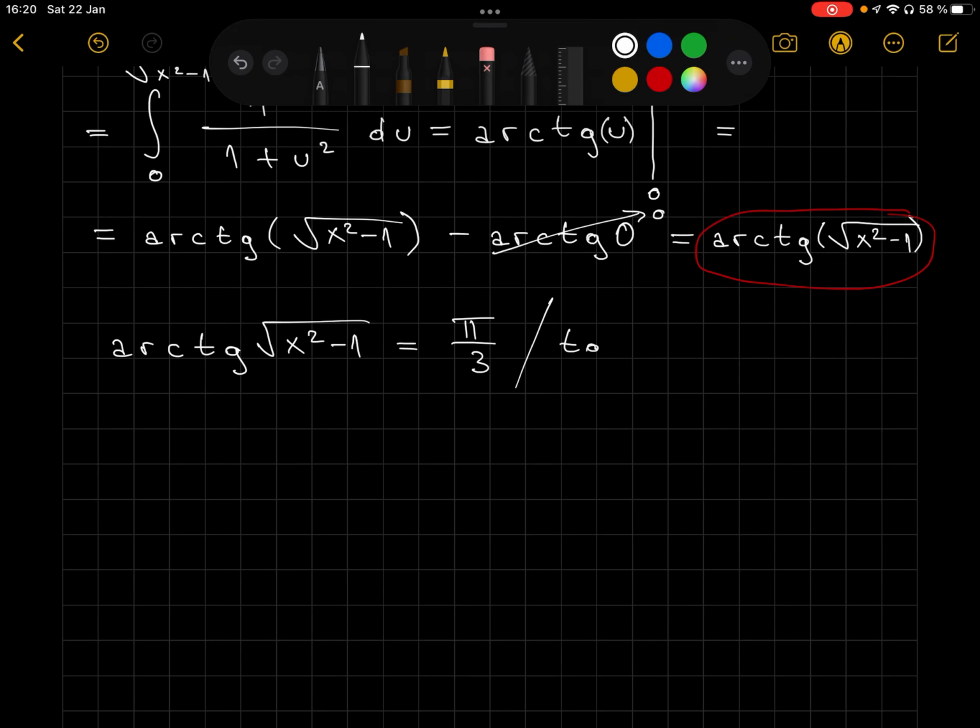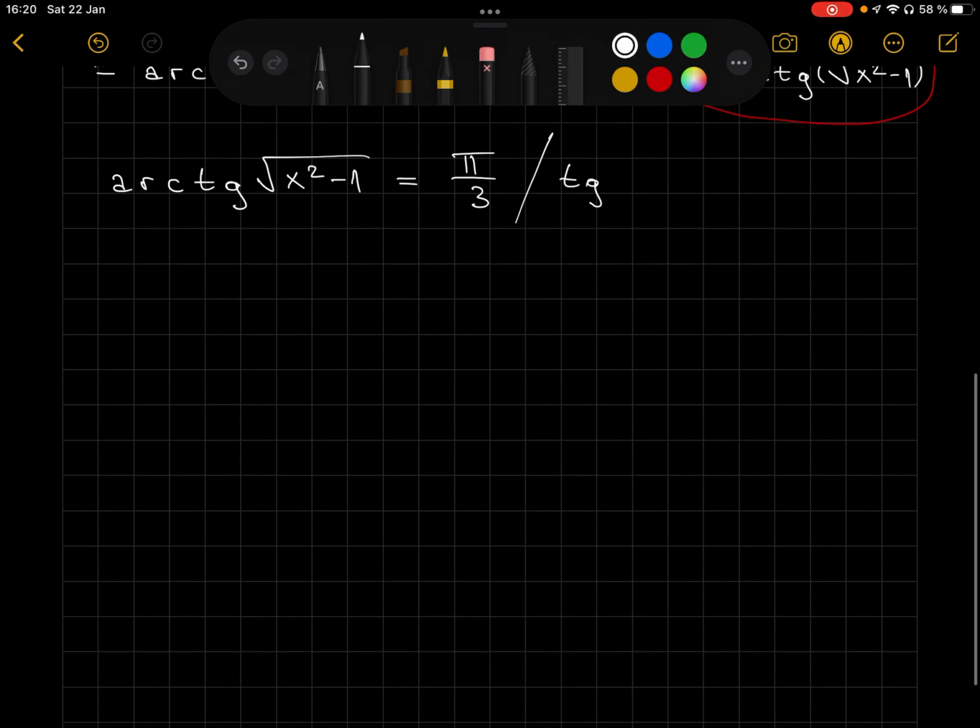When we take the tangent of both sides, tangent and inverse tangent cancel out, so we're just left with the square root of x squared minus 1 is equal to the tangent of pi over 3